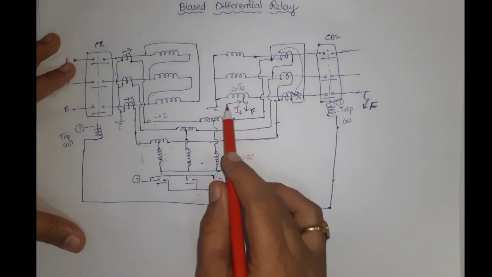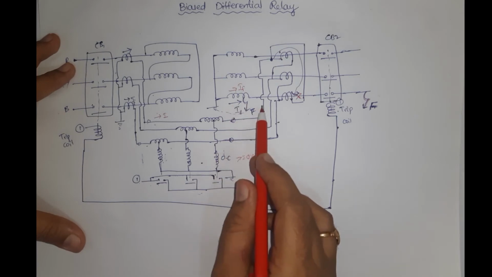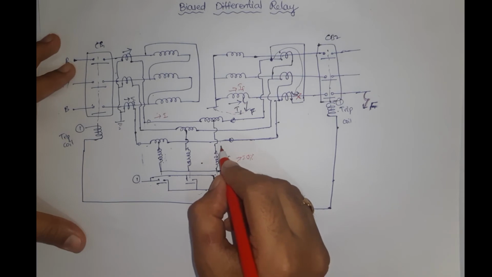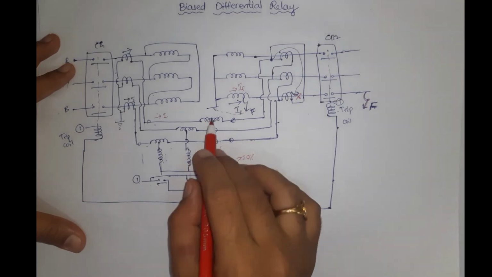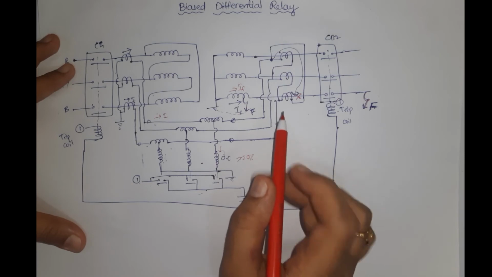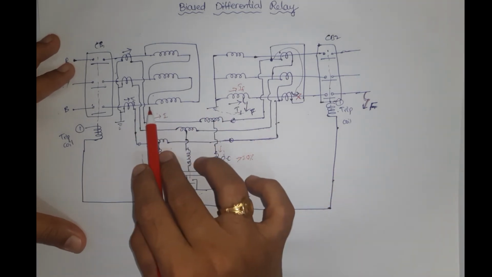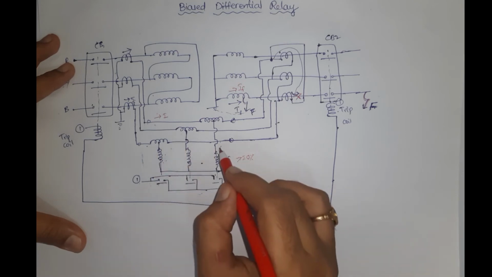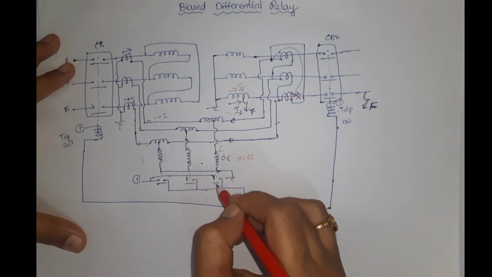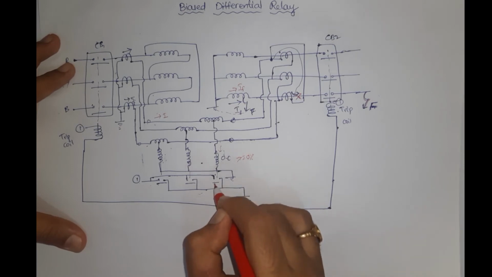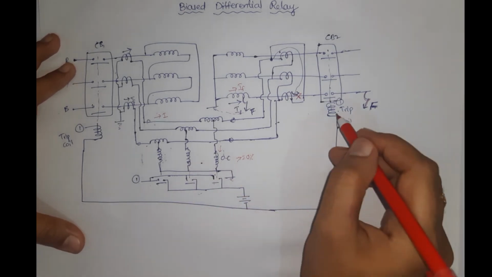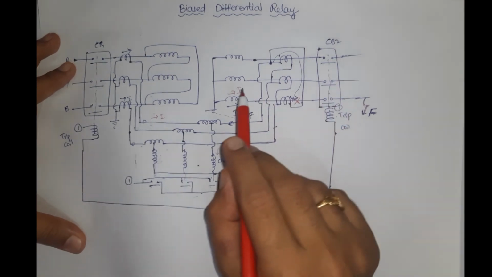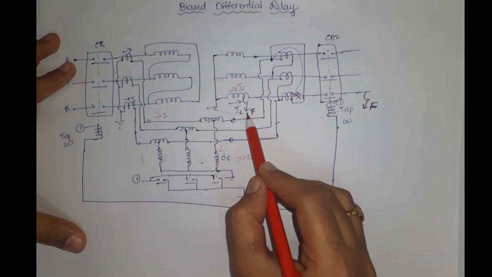So that means the fault current in the secondary of the transformer is increased. That means our operating coil will detect such a high current, so that there is a difference in currents in the primary and secondary, such that this operating coil detects the difference in current and current flows through the operating coil, so that the corresponding switch gets closed and the trip coil gets activated and the circuit breaker contacts get open, right? So this is a protection scheme for ground fault.